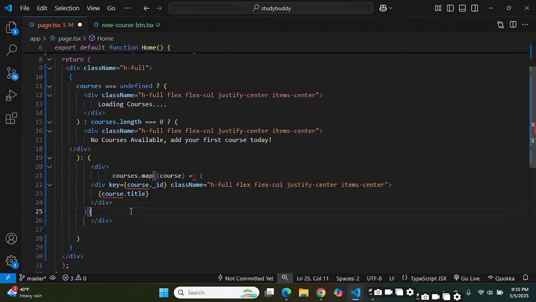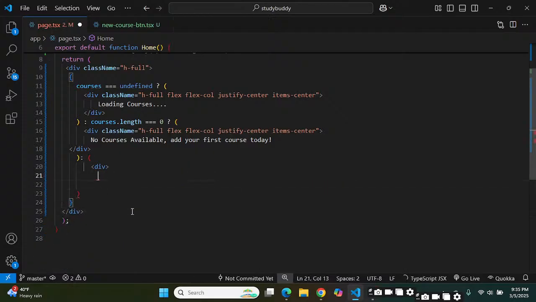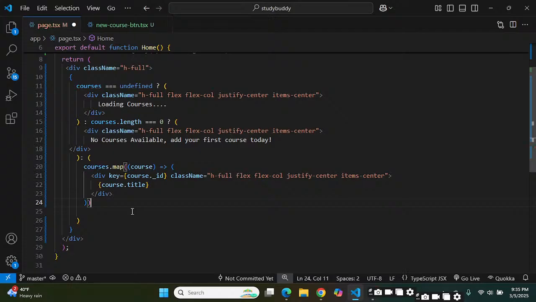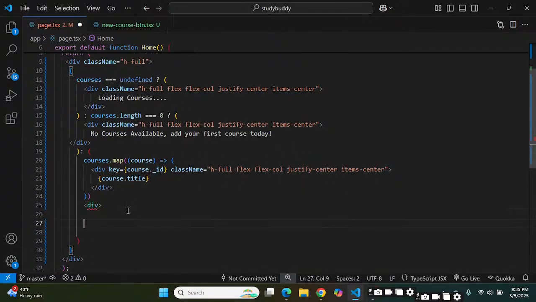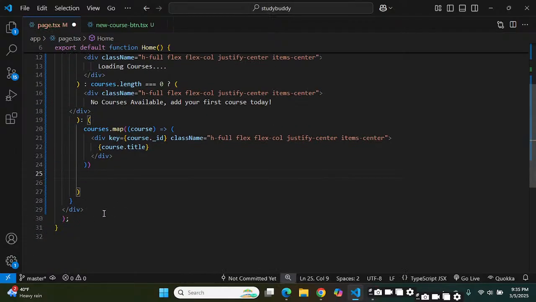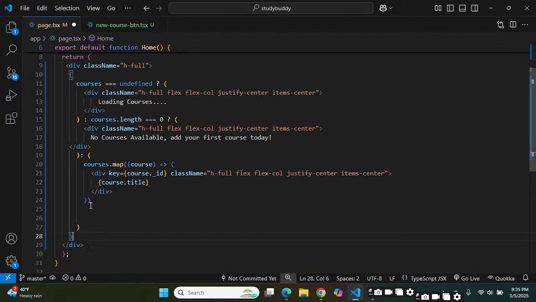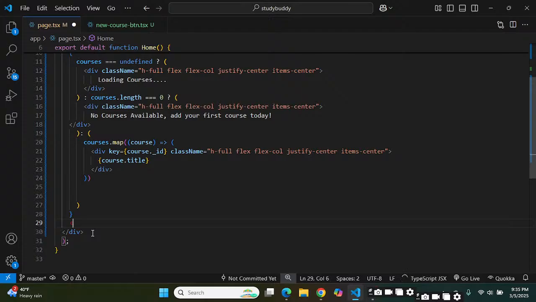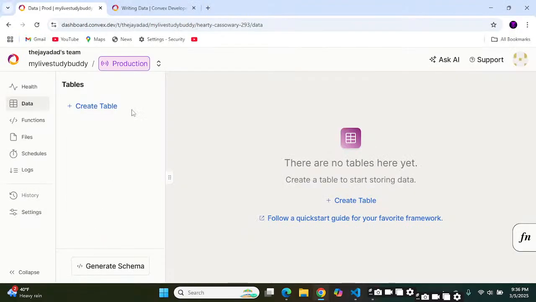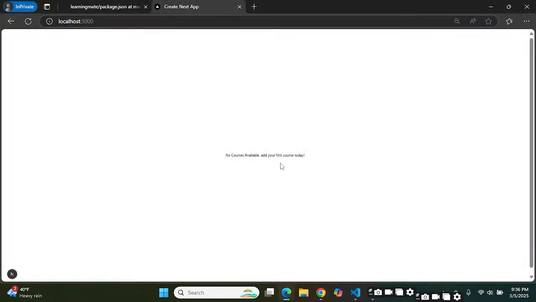Hold on. Let me think for a second. I think we can do it like that because it's looking for the map. No, we'll come outside of the div. And I tell you what, I actually think I can add this to the bottom of this. This will be fine right here for right now. We'll say new course BTN, click save. And if we go back to localhost,